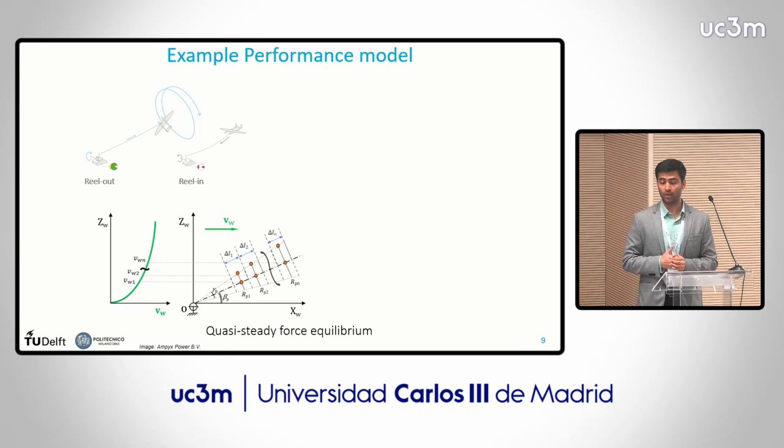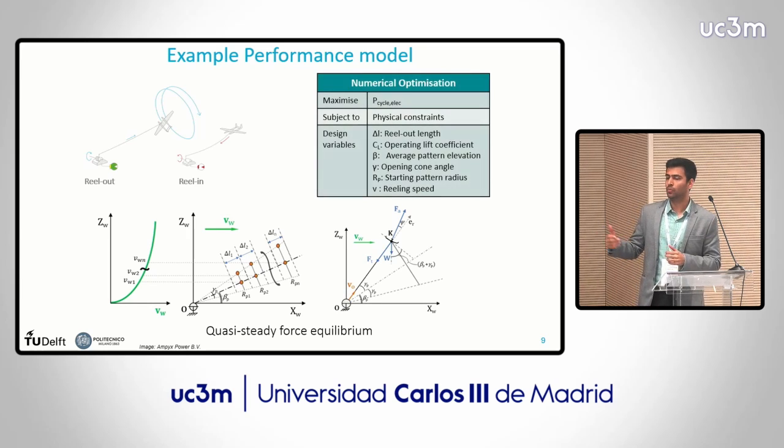So what we are working on is a quasi-steady model, which is a fast and scalable model in which we discretize the reel-out length into a number of elements, and then solve for each length element a force balance to get to the power curve, essentially. And then this model is implemented in an optimization framework so that you get a maximum electrical cycle power output. So tomorrow I have a poster regarding this, so please come to the poster to get more insights on this, because we also perform a sensitivity analysis. We vary many parameters and take a look at how performance is affected by these parameters. But once this is coupled to the economic model I showed,